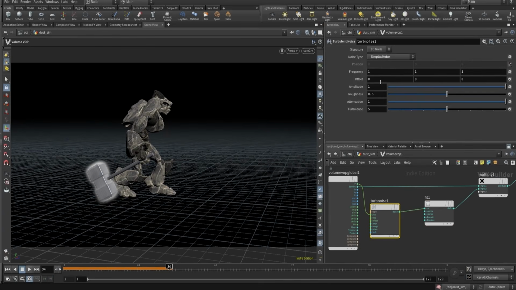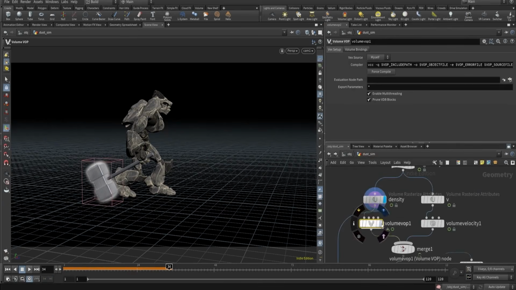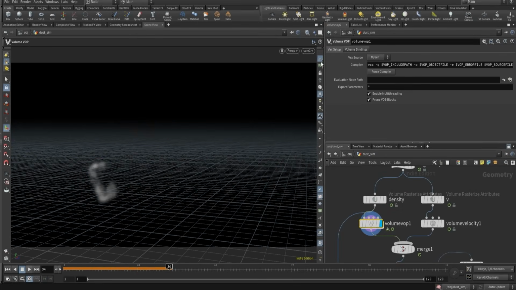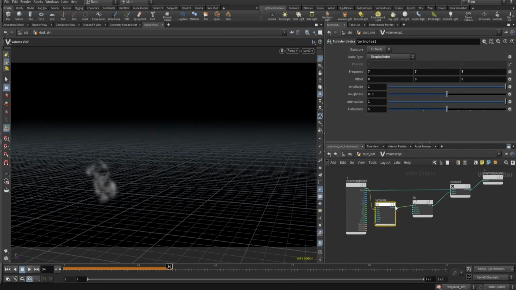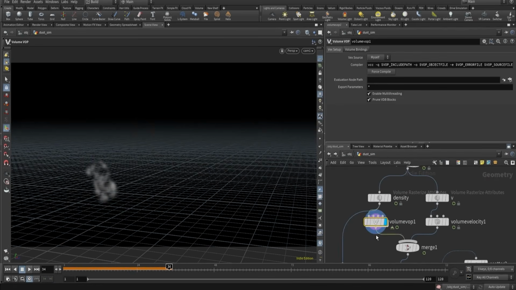Simplex is best. It's not visible. Yeah, let me hide everything. Yeah, that's fine. Cool. So here you will notice one thing, that it's changing every frame, and I don't want